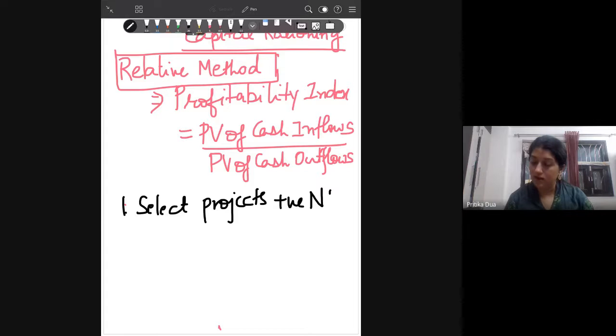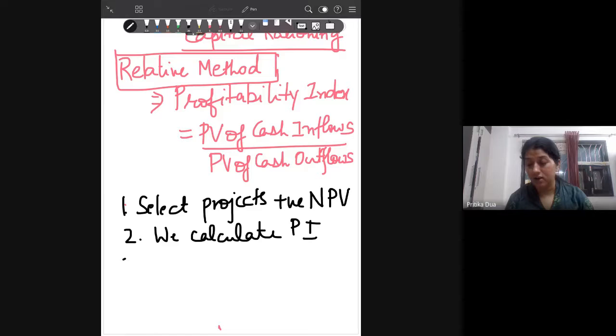Then for these projects, we calculate their profitability index, PI. We rank these projects on profitability index, and then